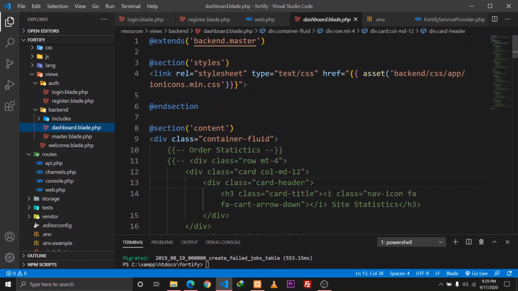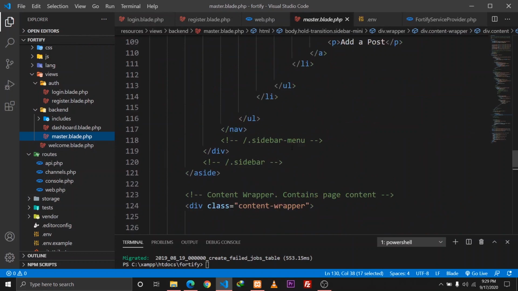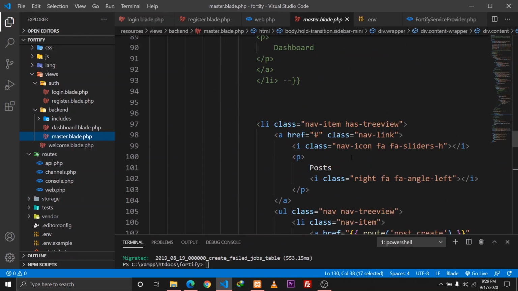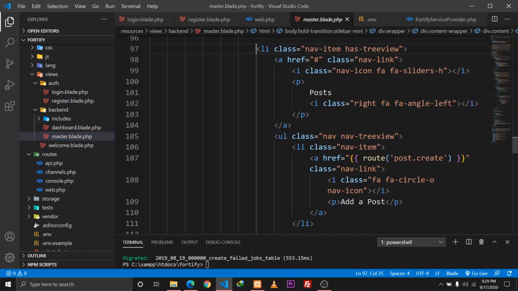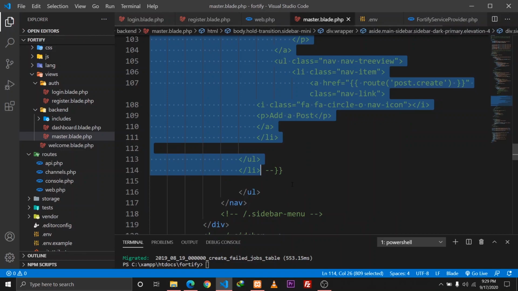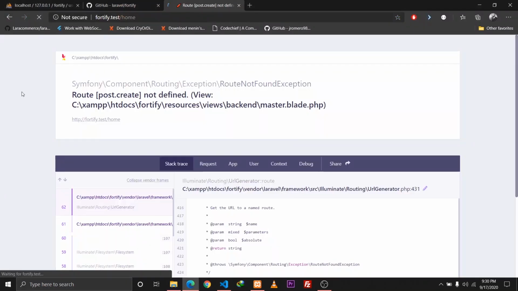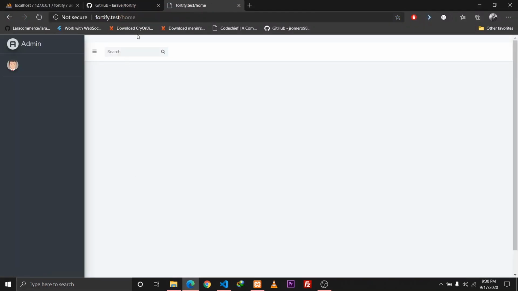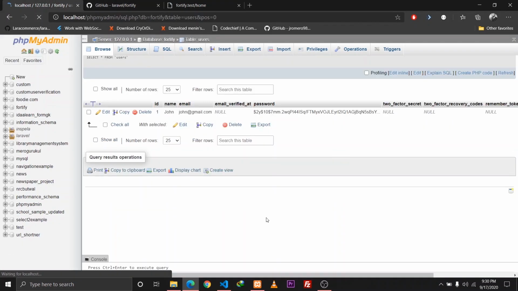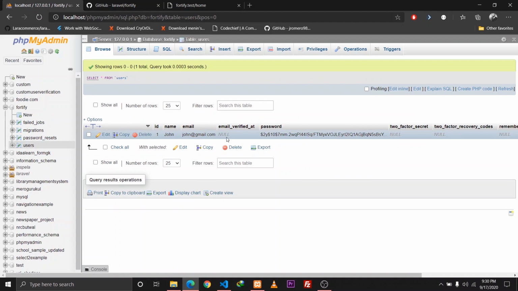There's no file actually. Okay, I think we have the problem in our master file. So what we can do is comment this and reload our browser. Okay, now we are redirected back, and let's also check the database whether the user has been created or not. Okay, we have a user where the name is John, email is john@email.com, password is